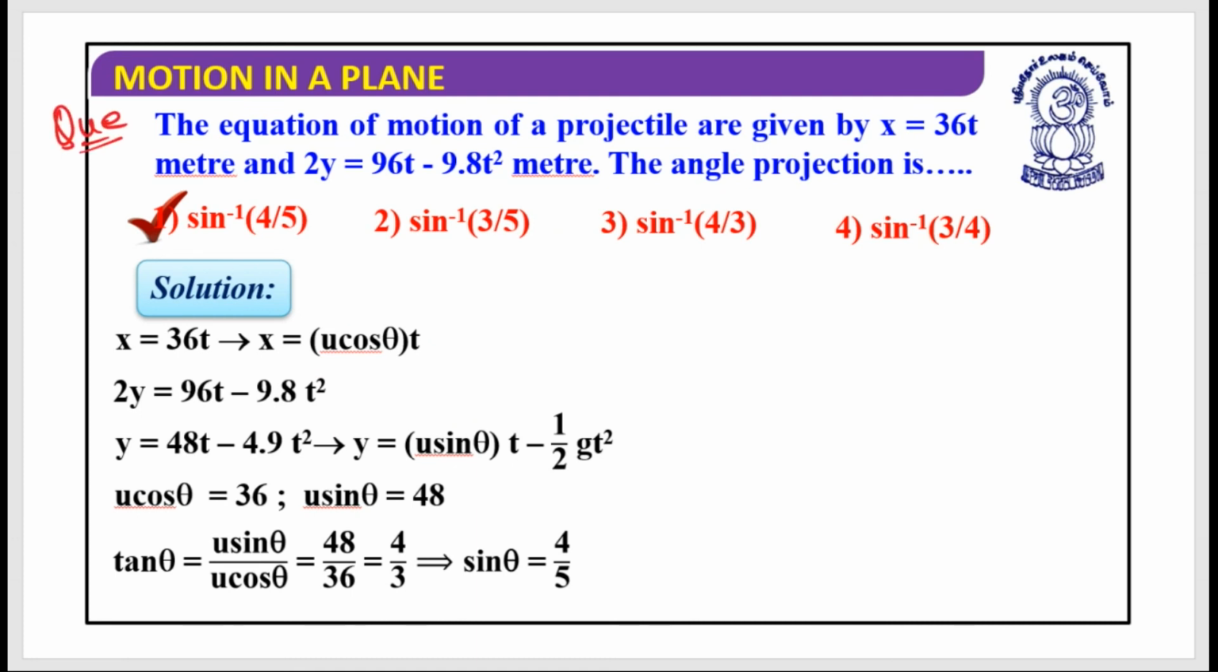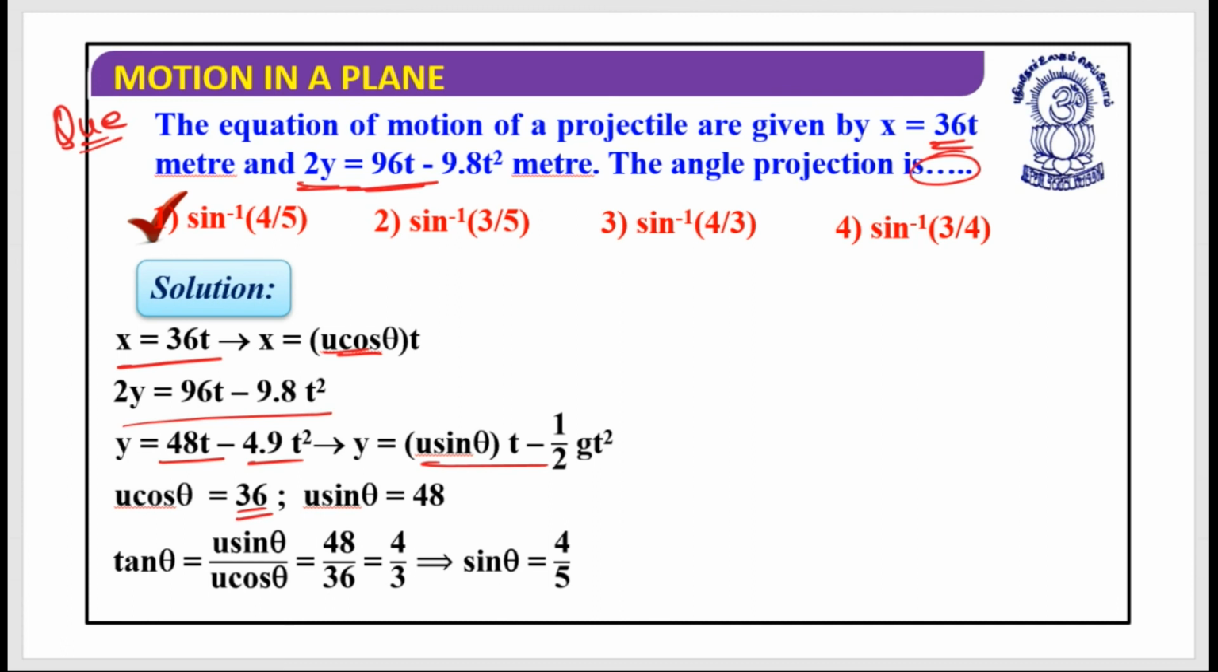What does it say? The equation of motion of a particle is given by x equals 3060 meter and 2y equals 9060 minus 9.8 t square. The angle of projection is, yes, this is the same question that we did previously. Let's do it very quickly. x equals 3060, that means u cos theta is given, which equals 36. Now 2y is 9060 minus 9.8 t square, that means y equals 48t minus 4.9 t square. You can compare this with y equals u sin theta t minus half g t square,